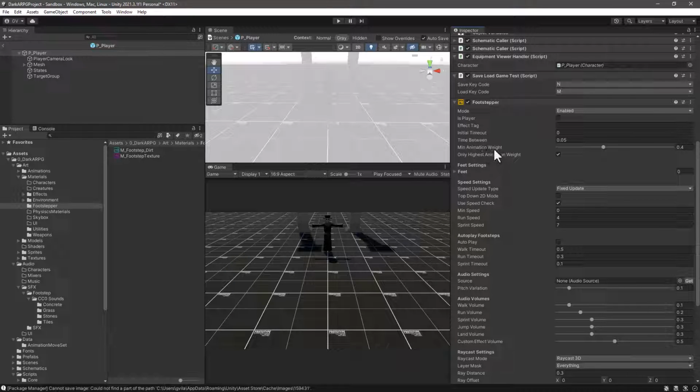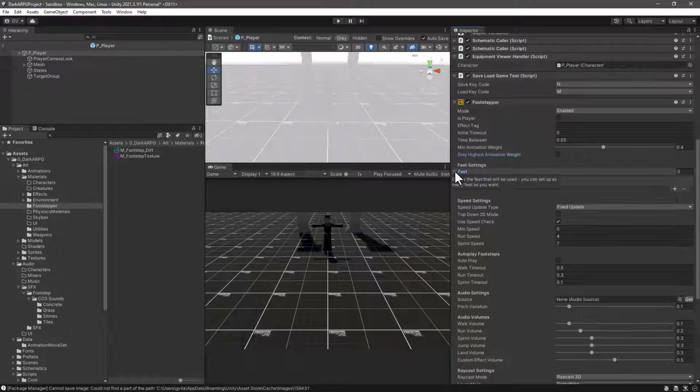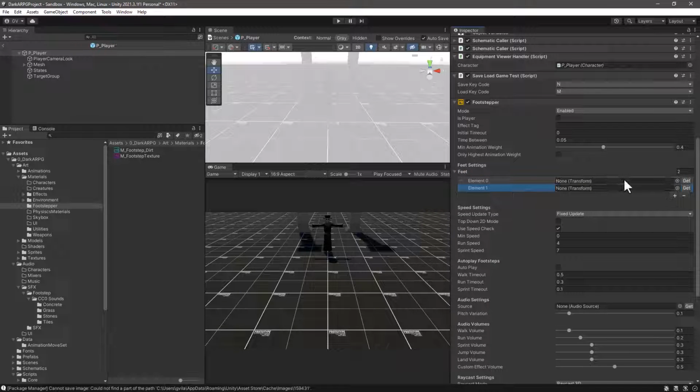Then it is asking whether we want to only highest animation weight, because remember we are not using the animator controller. Then we can uncheck, or need to uncheck, this one. Then we have the list of the feet transforms that we need to assign. So let's click this twice for the left and the right foot, and let's go into our mesh